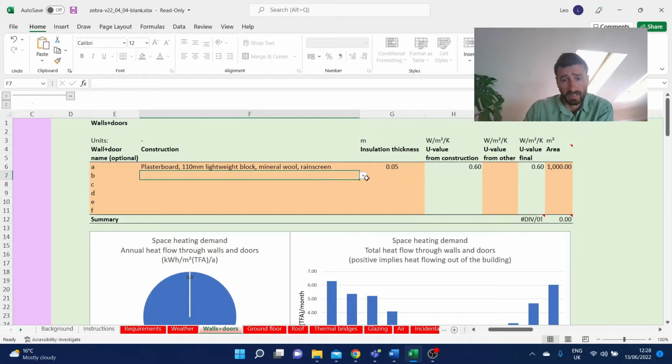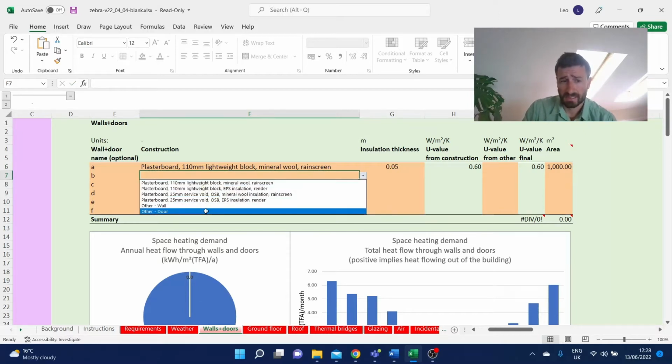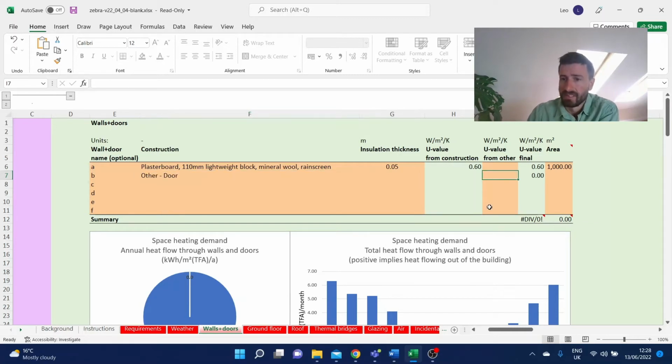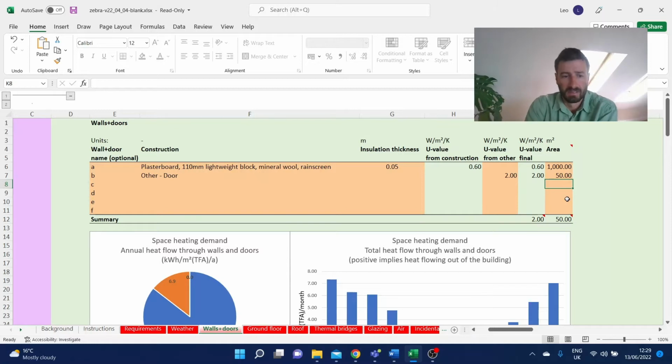Alternatively, if the element we're trying to define doesn't match one of these standard constructions, we can choose either other wall or other door, and then we will have to define the U-value ourselves. And again, we'll have to define the area. So this is how we build up a list of the elements for the walls and doors to define our